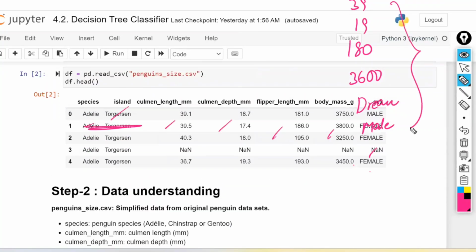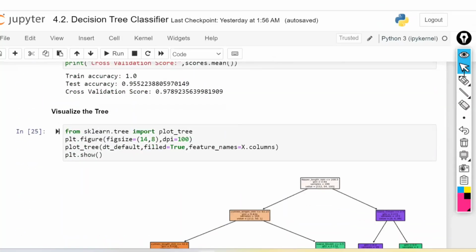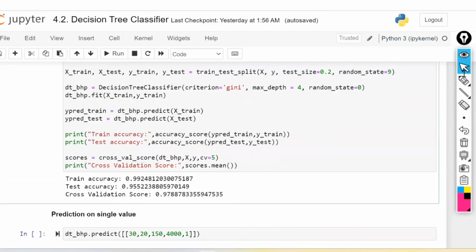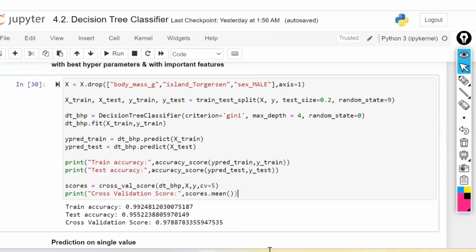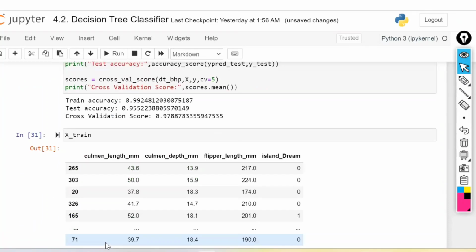Now this is the question. What is the answer to this one? Now what do we have to do? To predict with our model, first this data has to be pre-processed. Any new data you want to apply and predict on, you have to pre-process. Now whatever your final model is, this is your final model. This final model was created on how many columns? 4 columns. If you want, you can check your 4 columns also. This model was created using the 4 columns only. Your X-train was created with 4 columns, not with 6 columns.